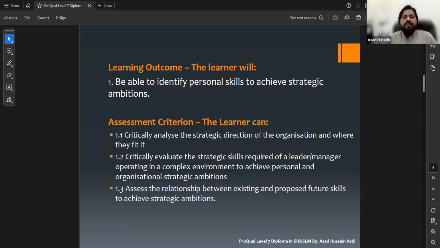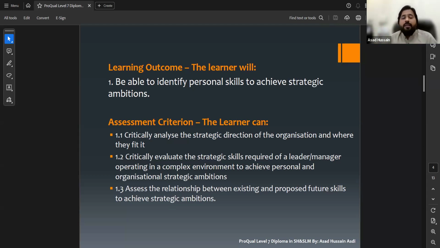In this assessment criteria, the requirement from the learner is that he has to critically analyze. Critically means that you have to do the analysis on the actual position, actual condition of the organization.